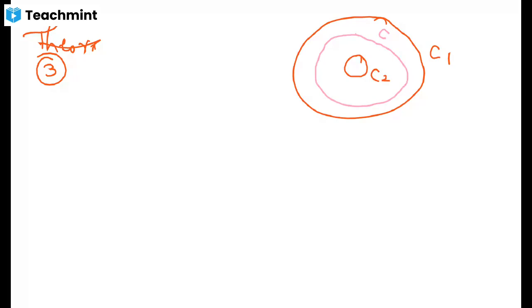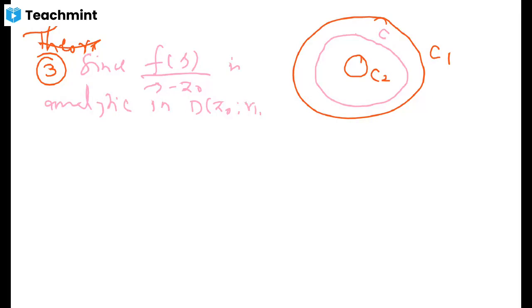Now since your function f of zeta upon zeta minus z naught is analytic in this annular region T(z naught; R1, R2),